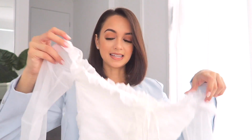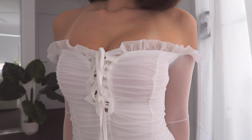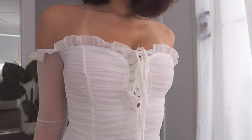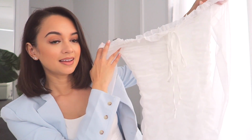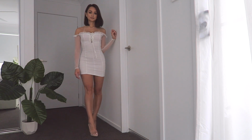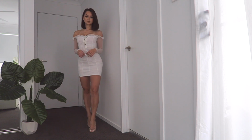As you can see, it's got the mesh sleeves and the mesh detailing all over the body of the dress, and I really like this ruffled ruching that it has all the way down as well. And even though dresses aren't really my type, this is just so sweet and cute that I was like, you know what, if I'm gonna go for a dress, it would be this kind. It's white, you guys know that I love white, and I really like the detailing of it. So I got this in a size extra small,